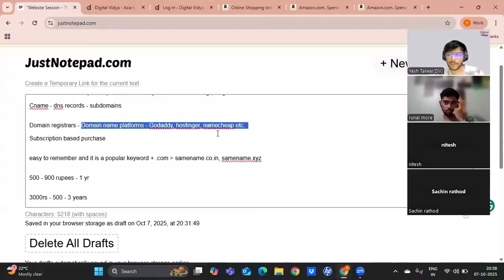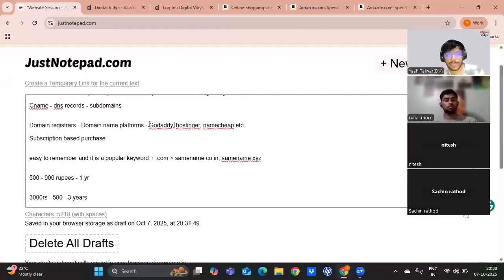And there are a bunch of other domain registrars out there as well. These are the most popular ones, right? GoDaddy, I'm sure, even if you're not from a technical background, there is a very high chance that you've heard of GoDaddy already. Probably not about Hostinger or Namecheap, but there are very high chances that you heard about GoDaddy because they spent a lot on their marketing back then.